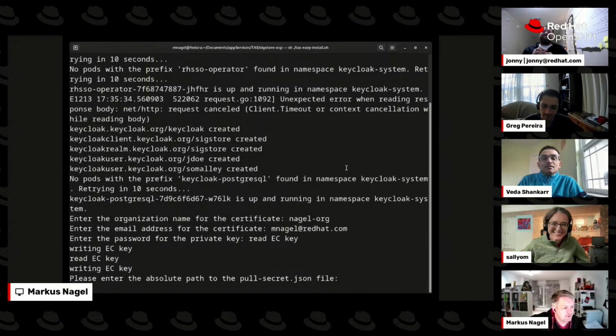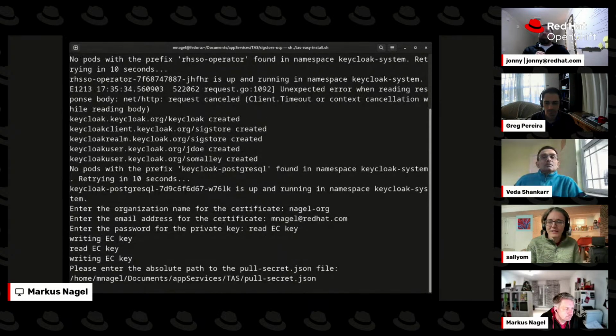Yeah. Right, and this is where it asks you for the pull secret, and I just need to pull it up here. Here it is. And for anyone who doesn't know what the Red Hat SSO is, it's a Keycloak. It uses Keycloak. It's the Red Hat identity provider.